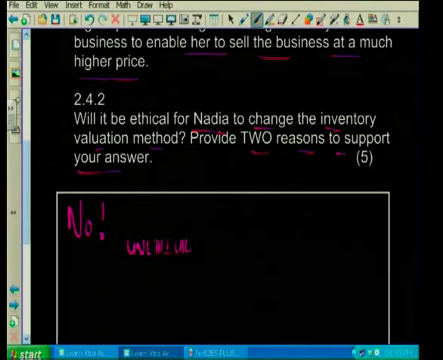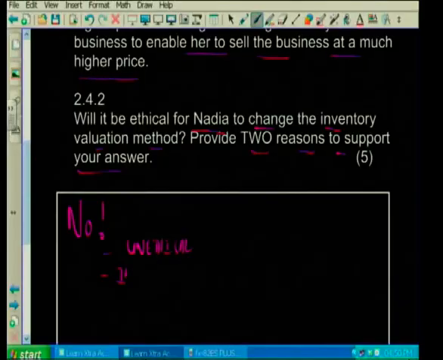Why? Once a business has embarked on a particular method of valuation, it cannot willy-nilly just change from one method to another method. Certainly not. Why? Because of the concept of consistency. We have to be consistent in our method of valuation. We can't be changing figures, okay? Or to use terms that you would use, please don't use this in the exams, to jippo things in terms of your languages. No, we cannot go and alter a stock valuation method just to show a higher profit. Certainly that's not on. So therefore, definitely, it is unethical to do something like this.